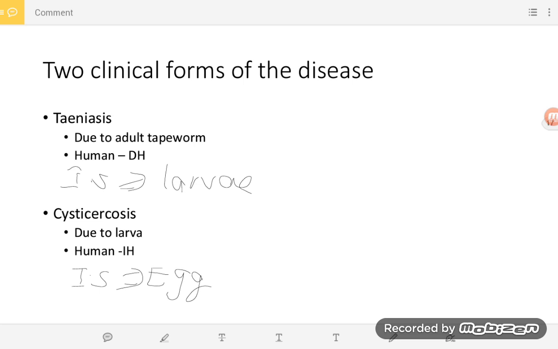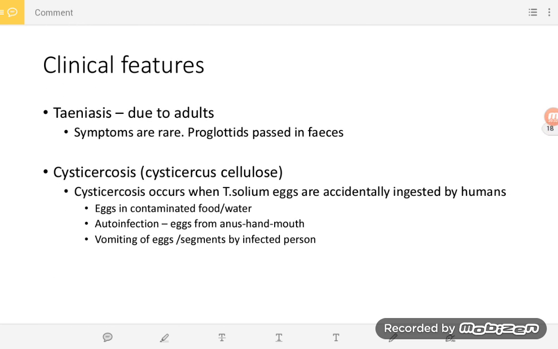So when we consider teniasis and cysticercosis, cysticercosis is very dangerous, because the larval stage lodges in the nervous system, the CNS, central nervous system, and it produces neurocysticercosis. It can lead to death. So compared with teniasis, cysticercosis is very dangerous. Or compared with Taenia saginata, Taenia solium is the most dangerous one.